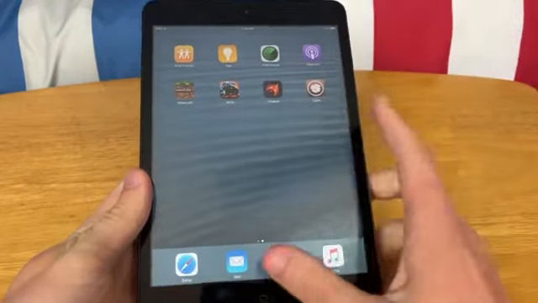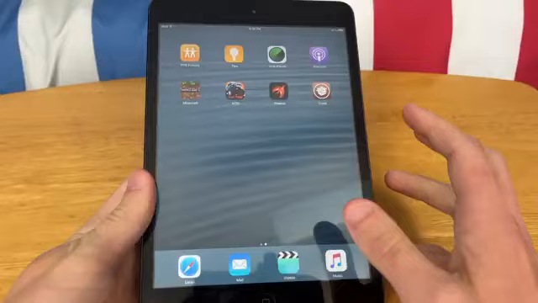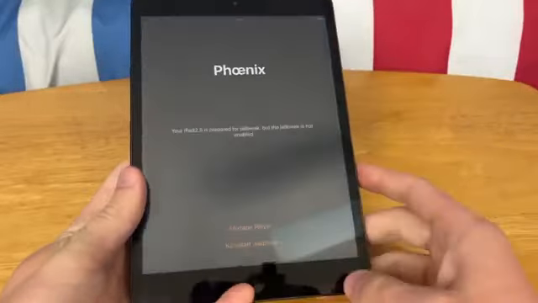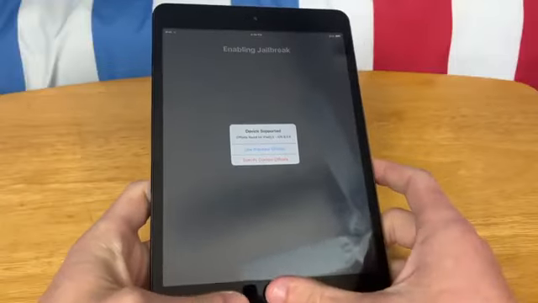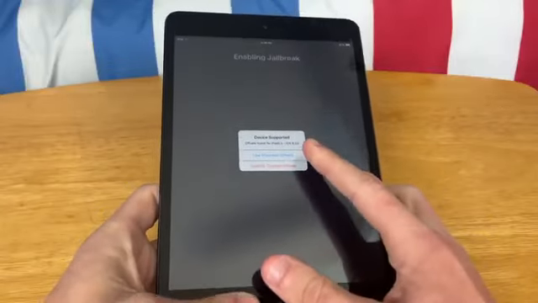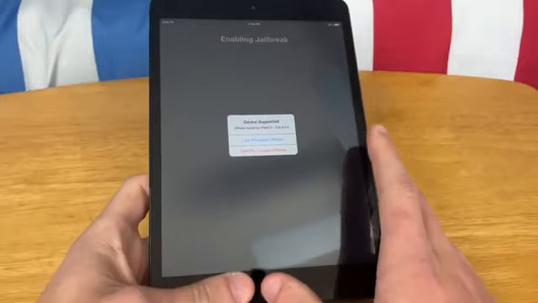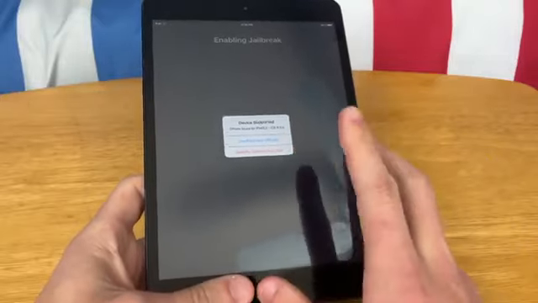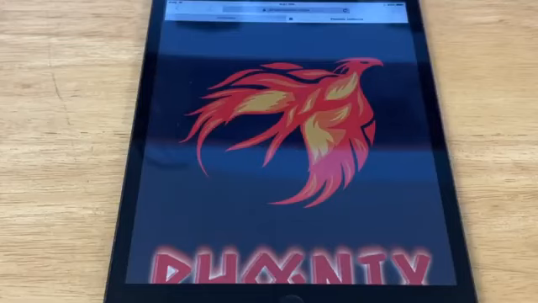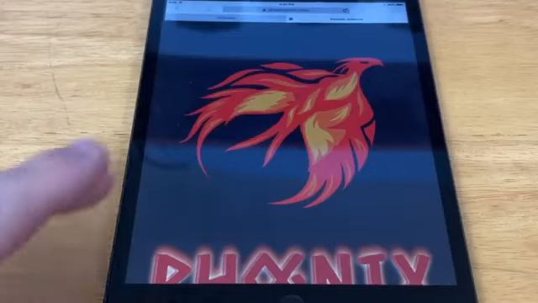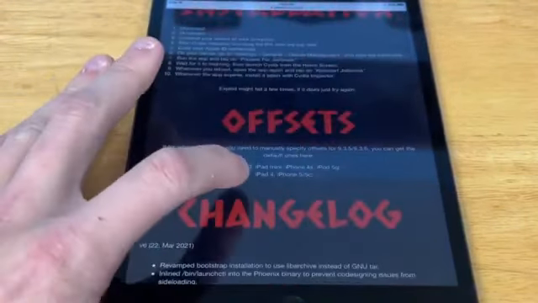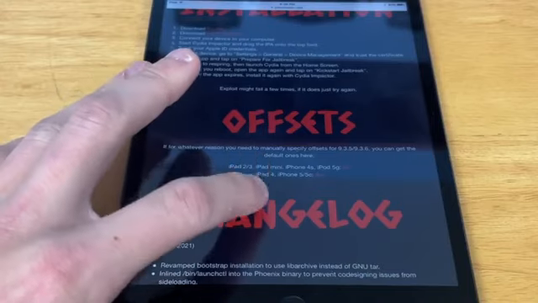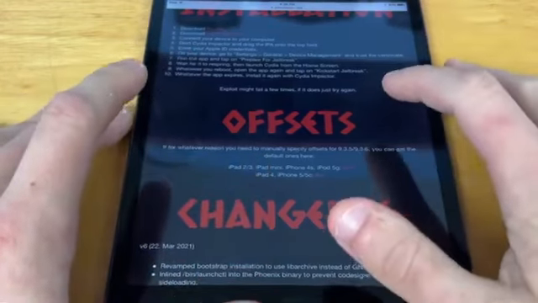I just restarted the iPad just to show you Cydia won't boot up. So anytime that we want to fix this, you go back into the Phoenix app and you click Kickstart Jailbreak. So we can use the provided offsets, but for some reason, if it just crashes, what we have to do is specify custom offsets. Okay, so to set custom offsets, keep in mind you can skip this part and just hit use provided offsets, but in case that doesn't work, you can go down here to where it says offsets, and you will see the offsets per what device you have. So I have an iPad mini, so I'm going to hit this first one,